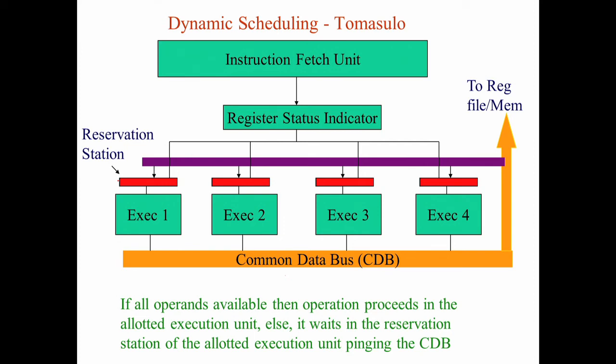That result will go to the register file or memory, depending on whether it is a store instruction. A store instruction has to go to memory. Other instructions, since this is a load-store architecture, have to be written back to a register. So that data will go to the register file, and the same data will be fed back to all the reservation units. As the data moves from the ALU to the register, it is also fed back through this violet line into the reservation station.